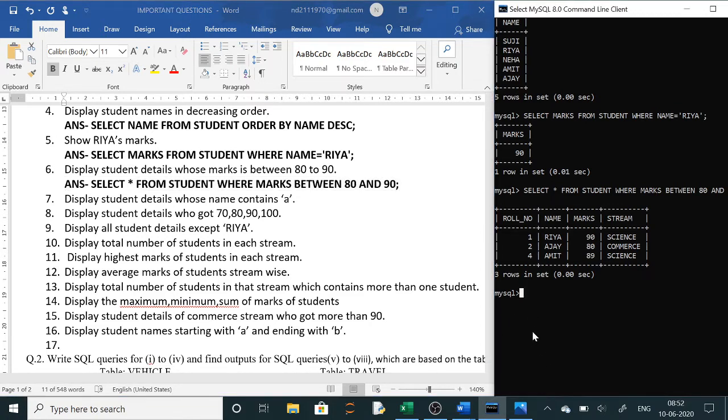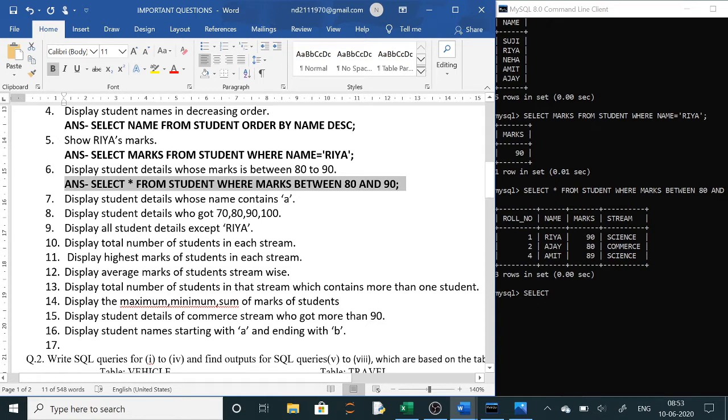Now the 7th question is display student details. Same thing, student details means select star. Suppose instead of student details, let us change the question a little bit: instead of details, we are writing roll number and name.